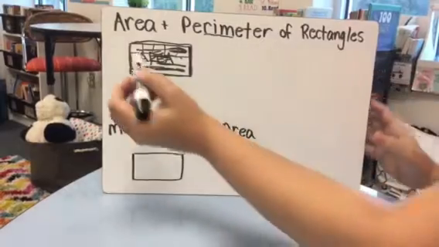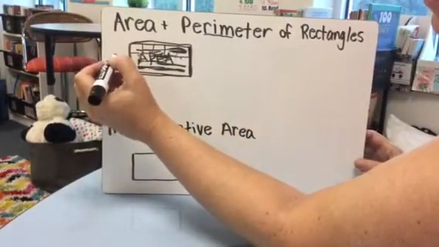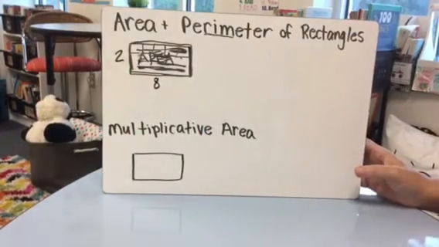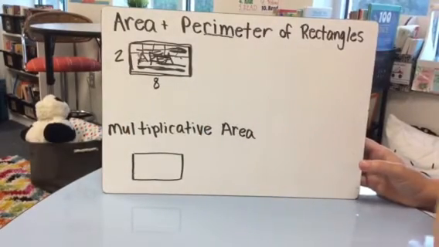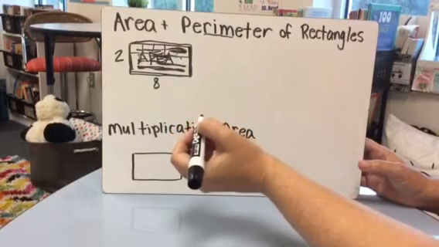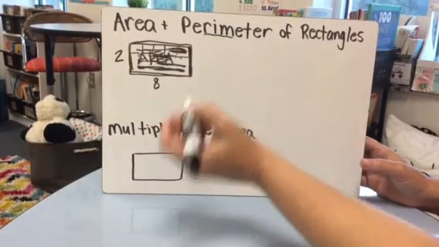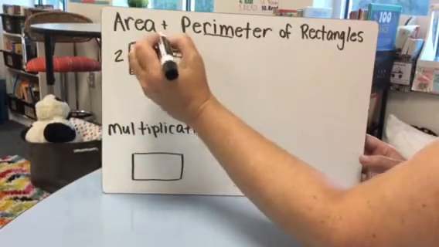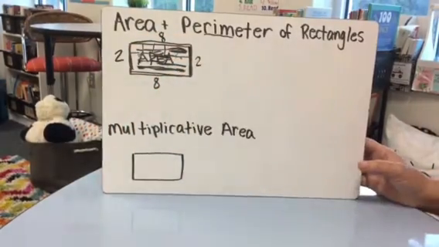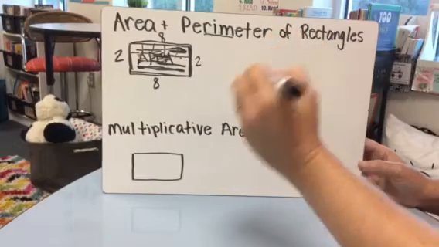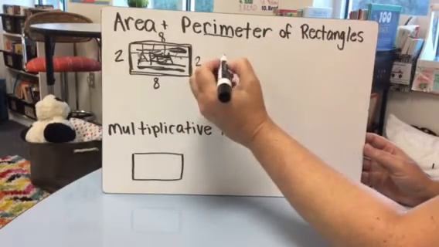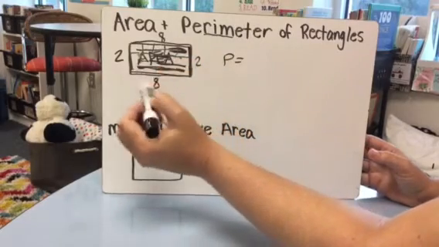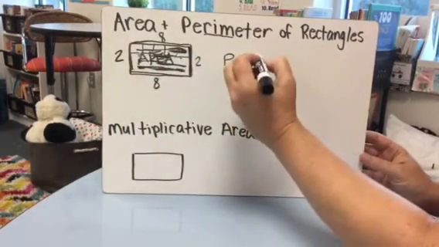So if I have a 2 inches by 8 inch rectangle, then if we need to find the area or the perimeter of that, of course we know if we have a rectangle, opposite sides are the same length. So there's all of our dimensions. And then for a perimeter, if we're going to find the distance around, we're going to add all four sides. So in this case, we have 8